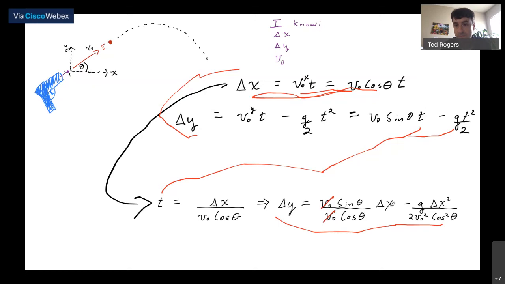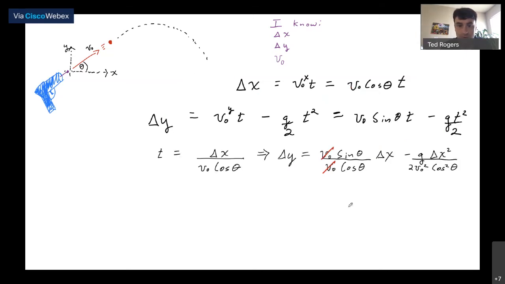So everything in this equation I know except for theta. Now I, in principle, should be able to get an equation for theta in terms of delta x, delta y, and v0 if I just rearrange this equation. I'm trying to go through this slowly enough that you can at least reproduce this later when you watch this again. Maybe a few more trig steps that you need to do. So I'm again going to slide this equation up at the top so that we have a record of what we've already done.